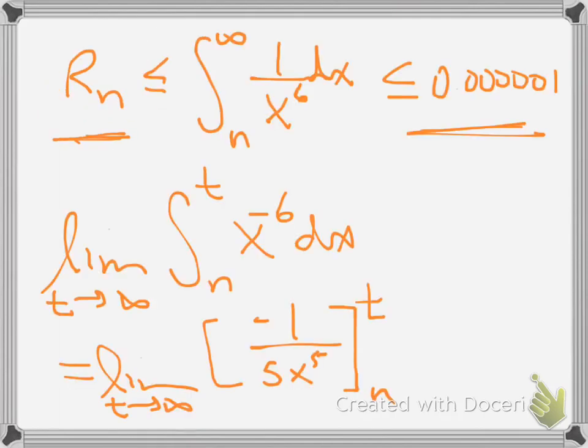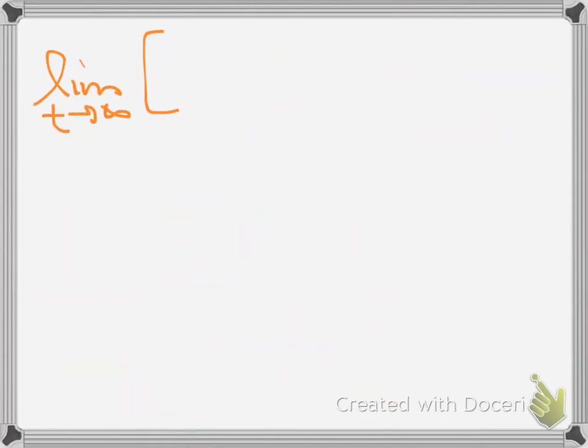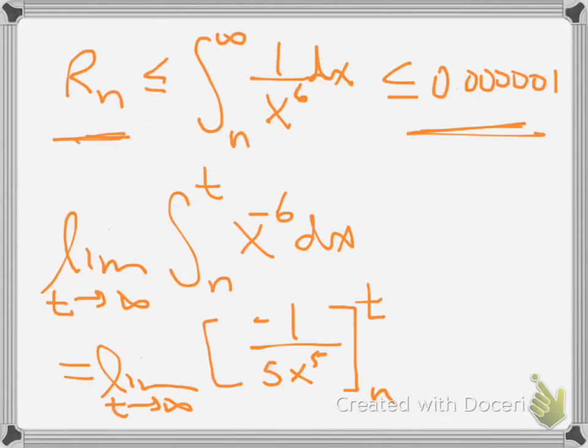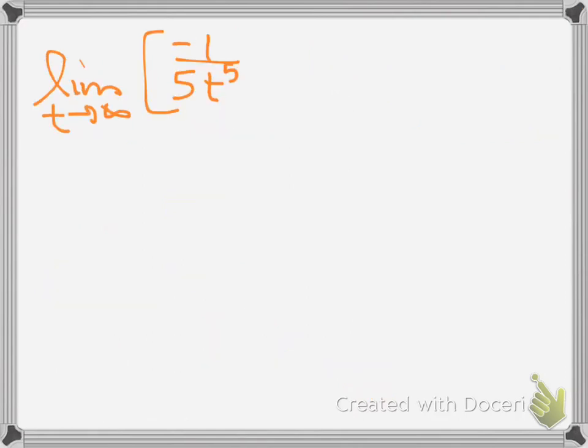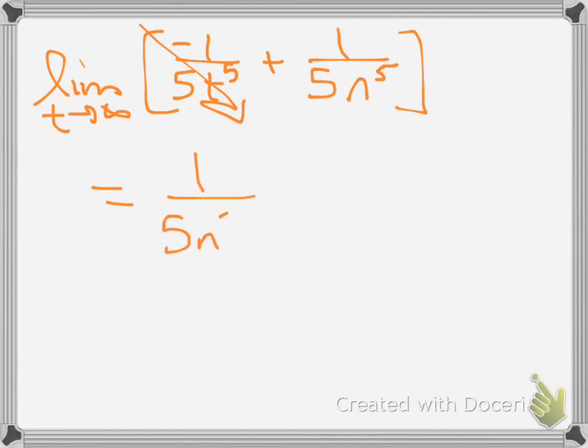And then we'll do our substitution and get our limit as t approaches infinity. We get negative 1 over 5t to the 5th, and then with the subtraction and plugging it in, we're going to get a plus 1 over 5n to the 5th. As t goes to infinity, this goes to 0, so this works out to be 1 over 5 times n to the 5th. And that's what we want to bound. That's find n so that it's less than or equal to